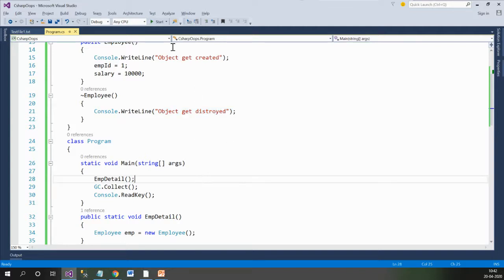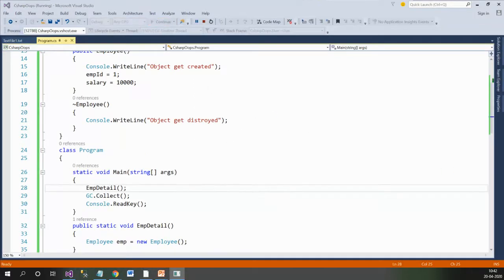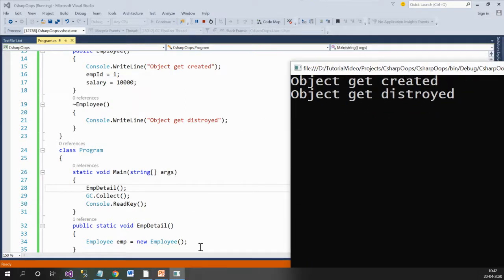So if you run this application, you should see the output "object gets created" and "object gets destroyed", because here the object is getting created and after this curly brace the object is destroyed. But even after the object is destroyed, the automatic garbage collection will call the process automatically as per the convenience of .NET. But if you want to call the garbage collection immediately, then and there itself, we need to go for GC.Collect, which immediately calls the garbage collection process. Hence it found that the object, emp object, is no more used, so it calls the destructor of it and performs the operation inside it.